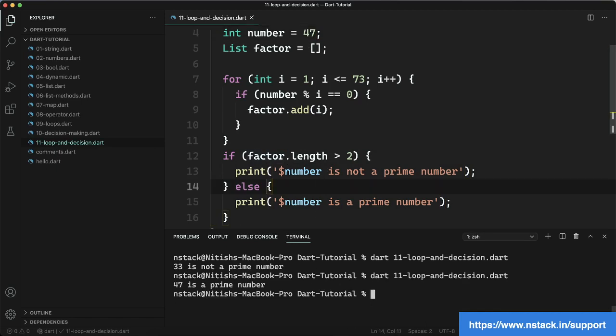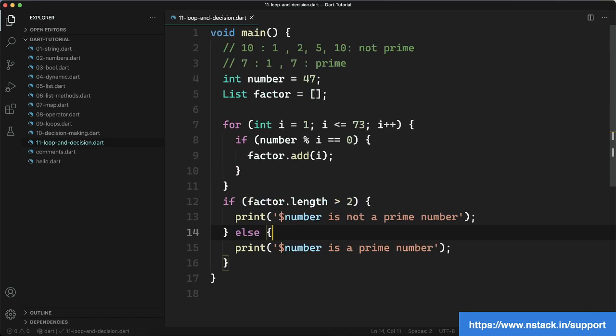I hope you got this point, how this is happening, and this is the combination of loop and decision making. Here I used lots of things: the list, the add function, the modulo operator which I have taught, the loop, if decision making, and string interpolation also. We have used lots of concepts which we have learned already. So this is a kind of revision for you also. I hope you got how you can use the combination of loops and decision making, and you see a real application.